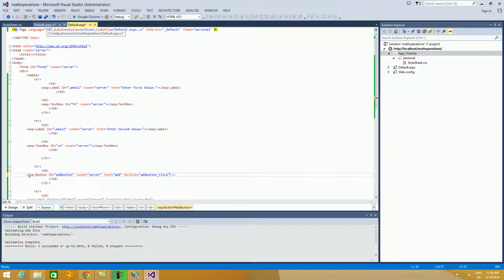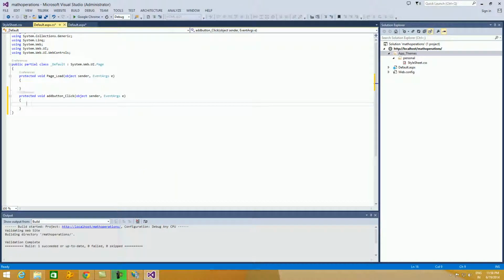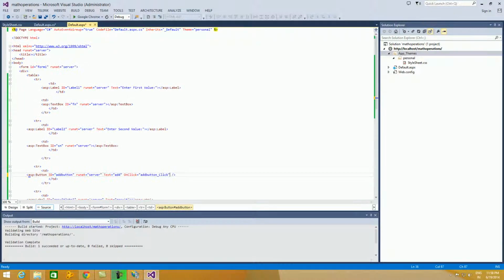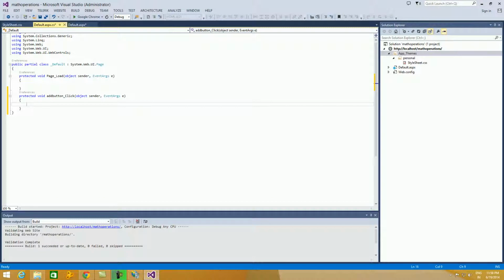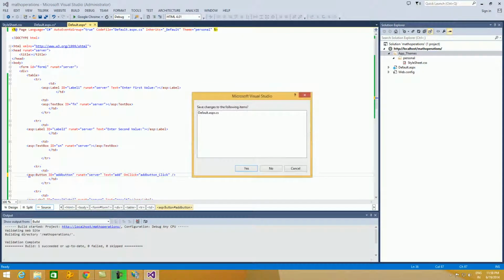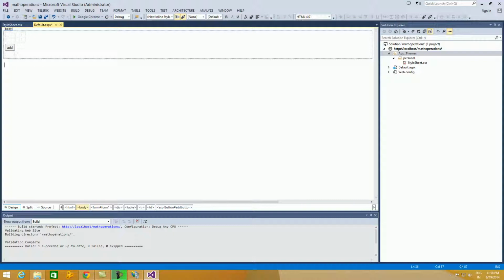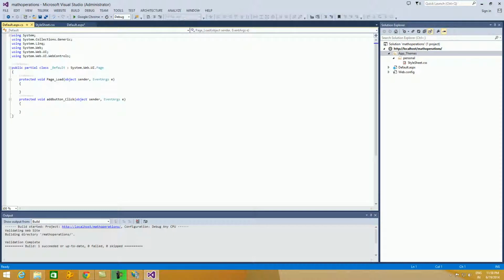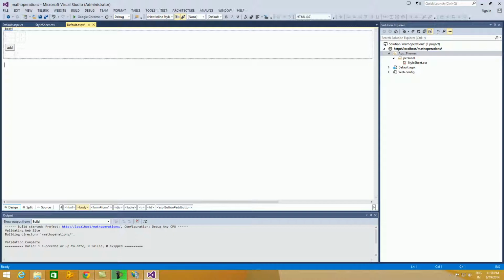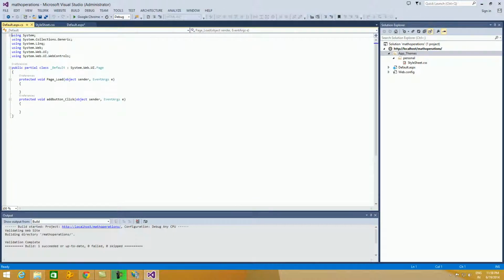This is the code behind file, default.aspx.cs, whereas default.aspx is an HTML file. The code behind file is not visible. What you can do is, in the design mode you can press F7. So this goes to the code behind file. So this is the function added here.